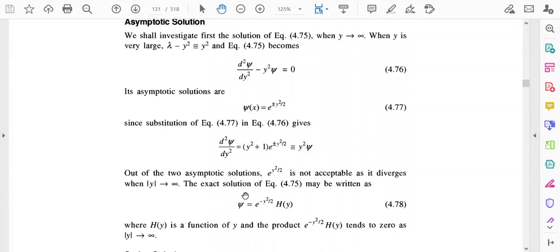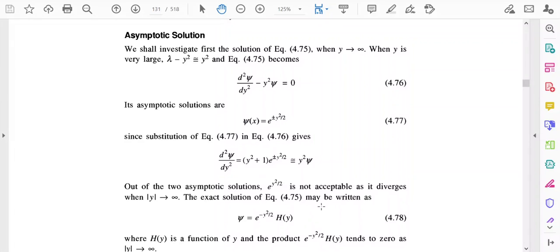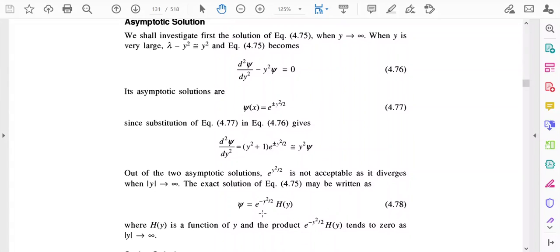So the exact solution of equation 4.75, that is the parent equation, may be written as ψ equal to e to the power minus y²/2. Why are we adding minus? Because with the minus sign, at a particular point, suppose y is equal to infinity, the value of this will be 0, so ψ will not diverge. So the exact solution we are assuming may be written as e to the power minus y²/2